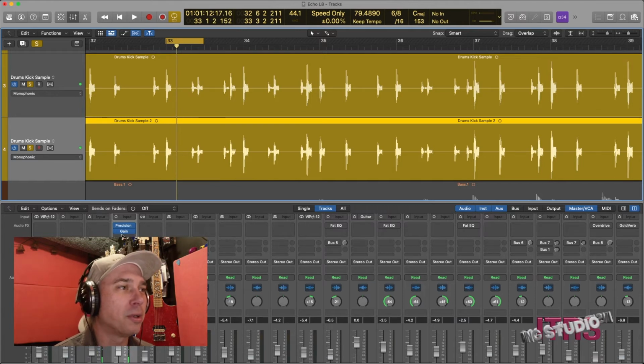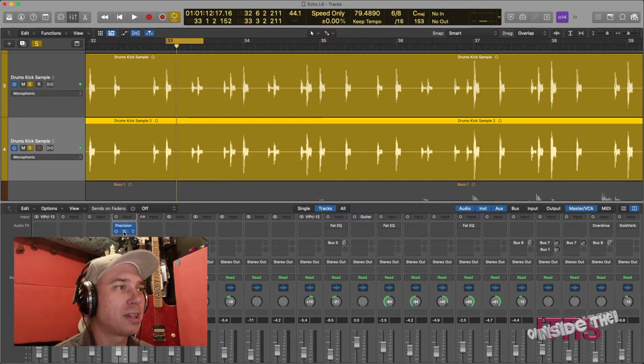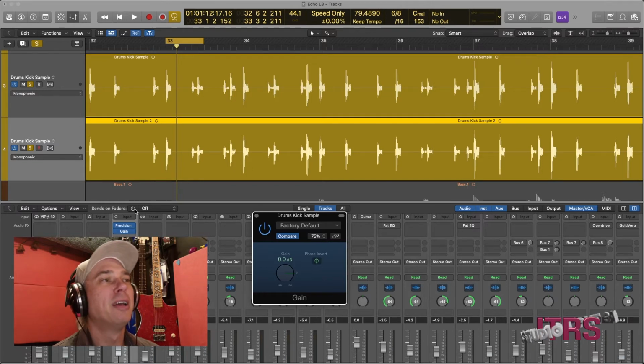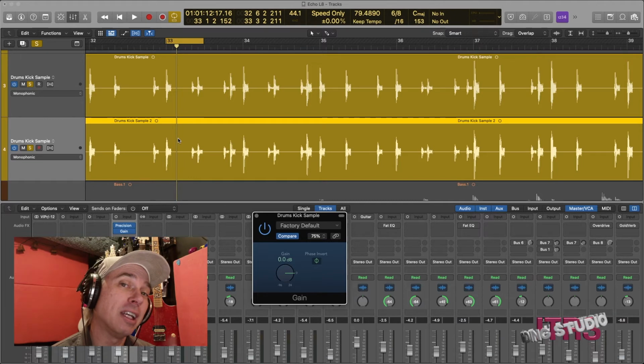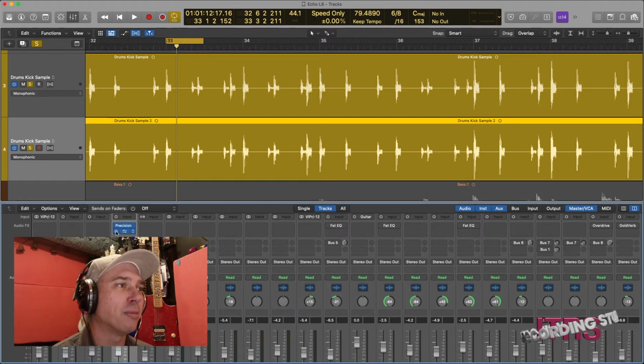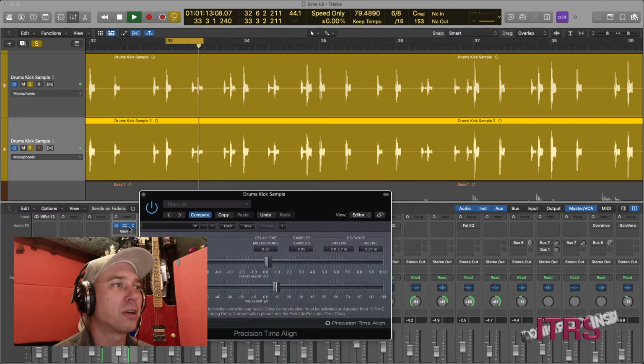All right. And the reason for that is this gain plugin right here is actually set to invert the phase. And since they were literally exact opposites of each other, that's why they were canceling themselves out. I invert the phase of one of them. They're now enhancing each other by giving even more value to what they're doing. If I take the gain plugin off and I start moving the samples,